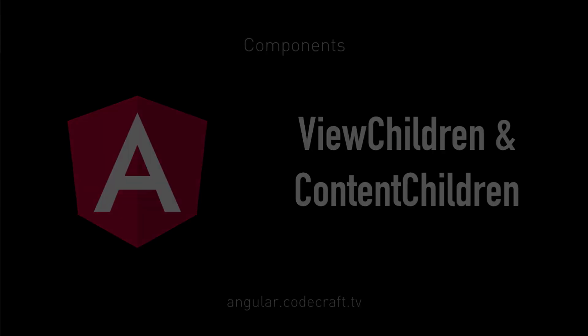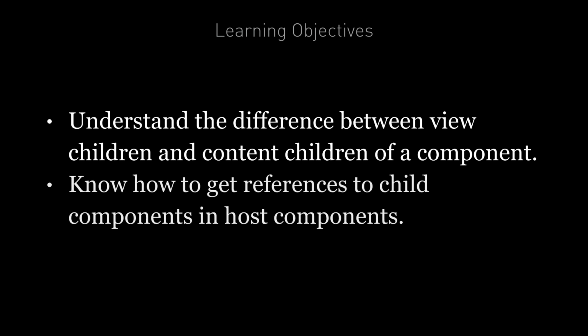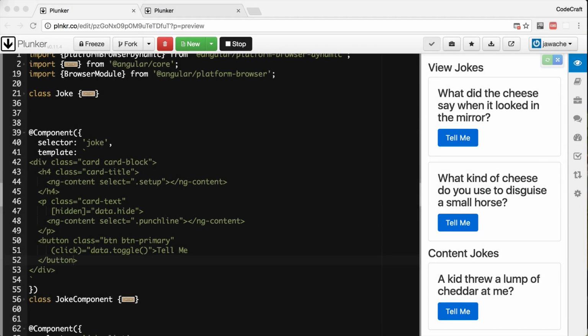By the end of this lecture, you're going to understand the difference between view children and content children of a component. And you're also going to know how to get references to child components in host components. The view children of a given component are the elements used within its template, its view. We can get a reference to these view children in our component class by using the viewChild decorator. And we're going to explain how all of this works using the joke application we've been working with so far